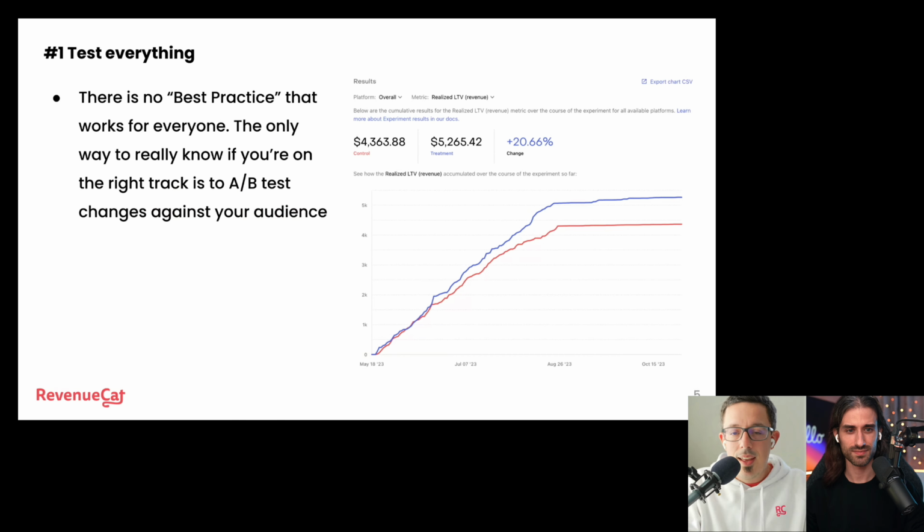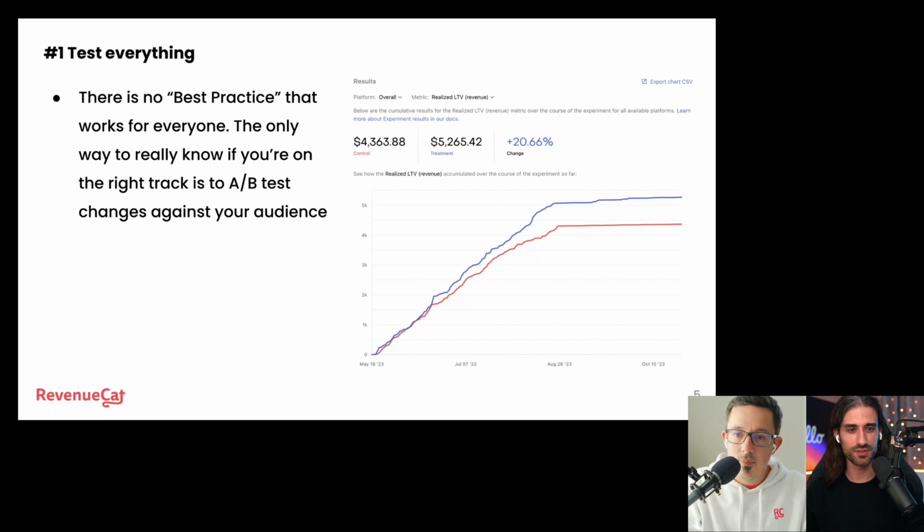And it makes the conceit of a talk like this a little difficult, because it's like, here are the best things to do to make your paywall great. And in reality, there isn't a best thing to do. There's a bunch of ideas that you can try. And as we go through the rest of these slides, every single one of them is probably going to end with, but you should test this because it might not actually work for you and it might actually harm you.